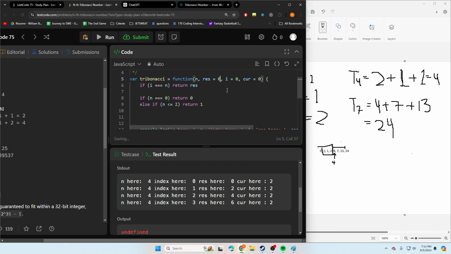So we can just start with res equals 0. If n equals 0, if n equals 1, now 0, 1, 2, index at 3, 0, 1, 2, 3, so it has to be 2. This has to be starting at, no, res is going to be 4. The current is